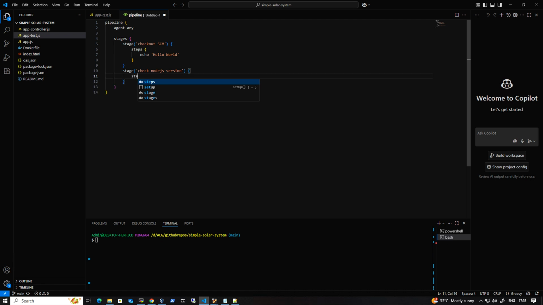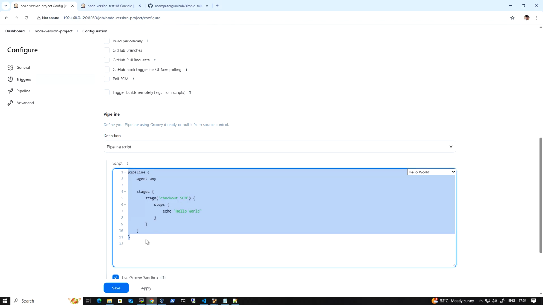Okay, and add the steps. So here I'm going to enter node -v and then npm -v. Okay, so let me just copy this and put it here